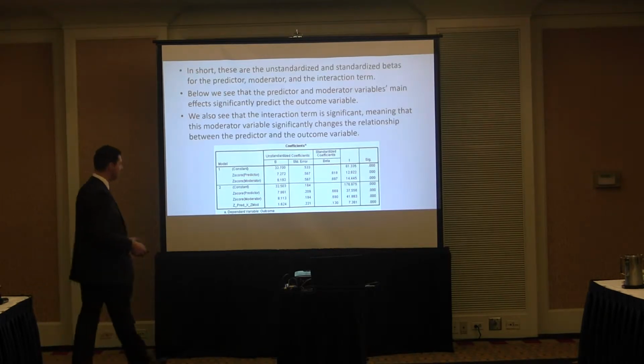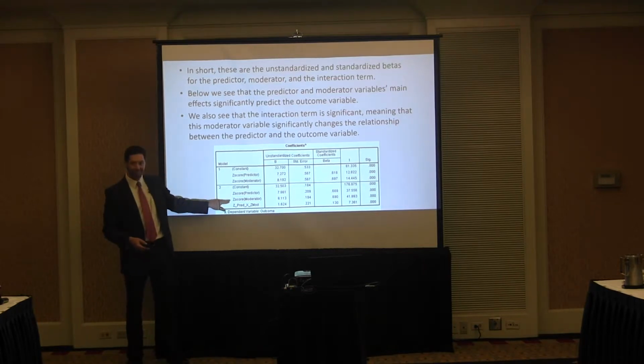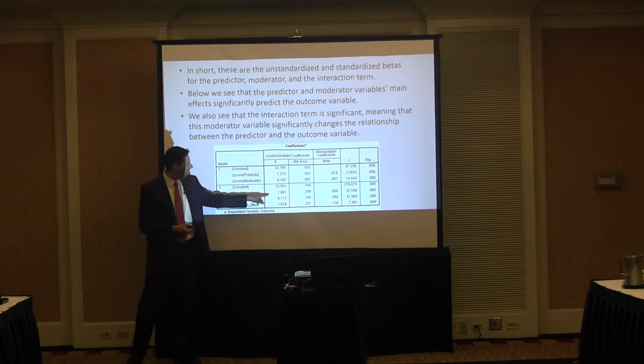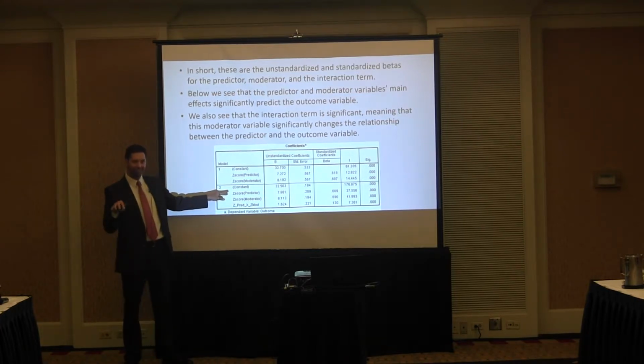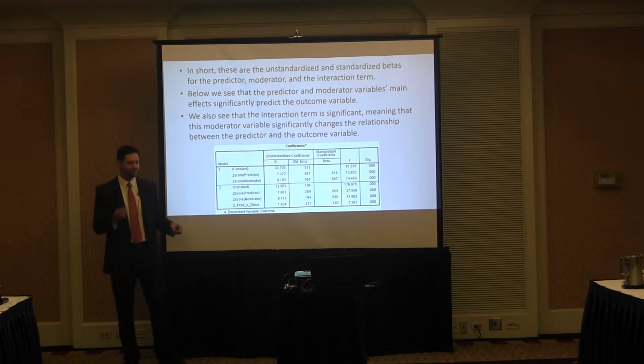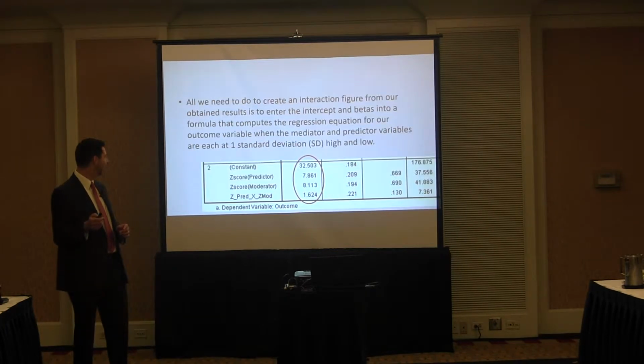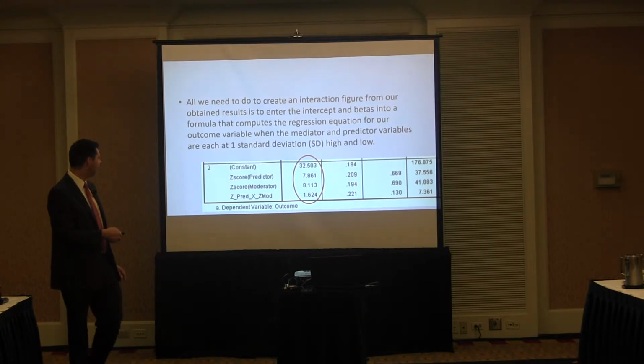But what we are going to report is our predictor, our standardized predictor, moderator, and the interaction term. The significance column, they're all significant, less than 0.05 here. The way we interpret these main effects, so remember we standardized them, so we'll say a 1 standard deviation unit increase in the predictor is associated with a 7.86 raw unit increase in our outcome. Raw meaning it's not standardized, it's on whatever scale the outcome is on. All right, these are our important parts here.